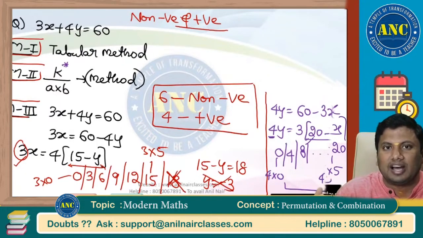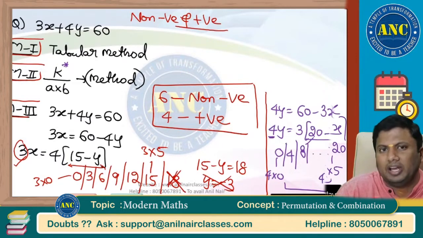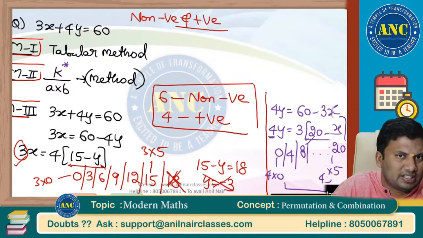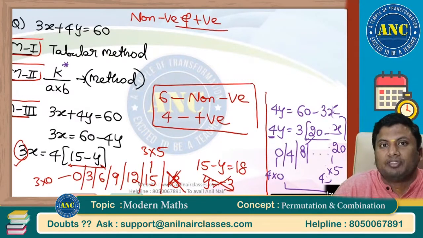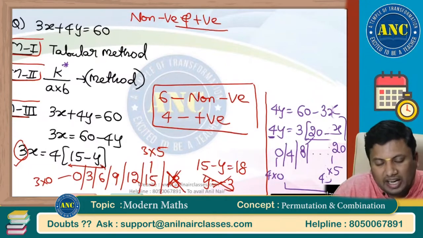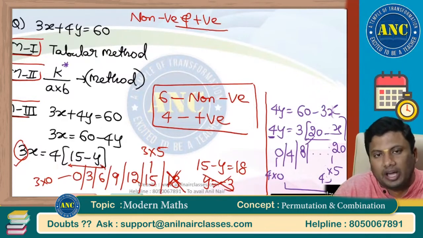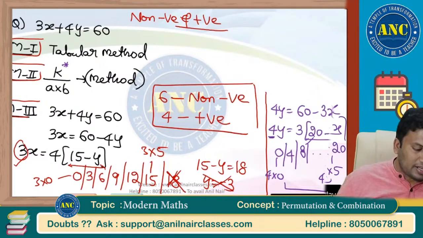Profit loss and discount class I took. Make notes of it. Within 1 or 2 days it will be uploaded in the portal. Watch the videos again. Arithmetic is an extremely important topic. In the last 2 to 3 years, 35 to 40% of the questions in CAT came only from arithmetic. I don't need to say the importance of arithmetic in placements. You cannot see any placement paper without an arithmetic question. It is extremely important for SSC, and for Bank, if you are not good in arithmetic, you cannot solve arithmetic based DI.